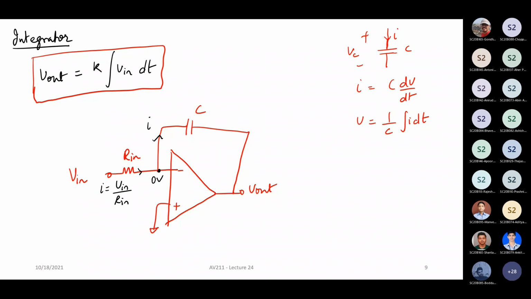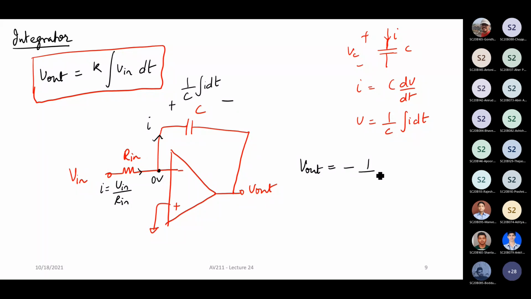And this voltage to current conversion and pumping action is happening because of the way we have constructed the circuit around an op amp. The virtual short is making sure that the voltage is converted to a current and pumped into the capacitor, which is in the feedback path. Now, what is the voltage V out here? Can you tell me what is V out? The current is flowing like this, and therefore this voltage is going to be 1 over C integral I dt. V out is going to be what?